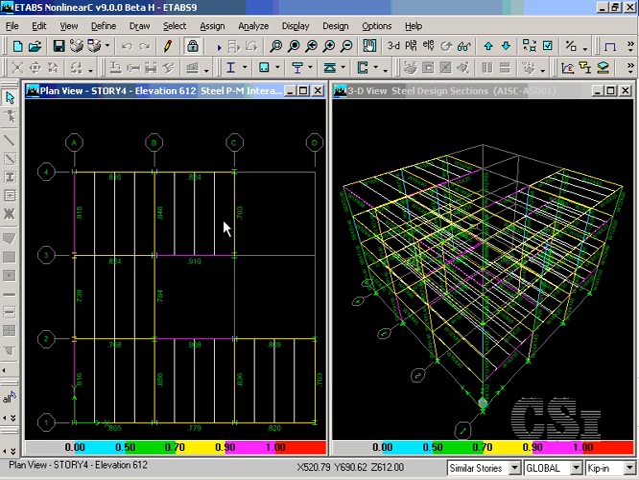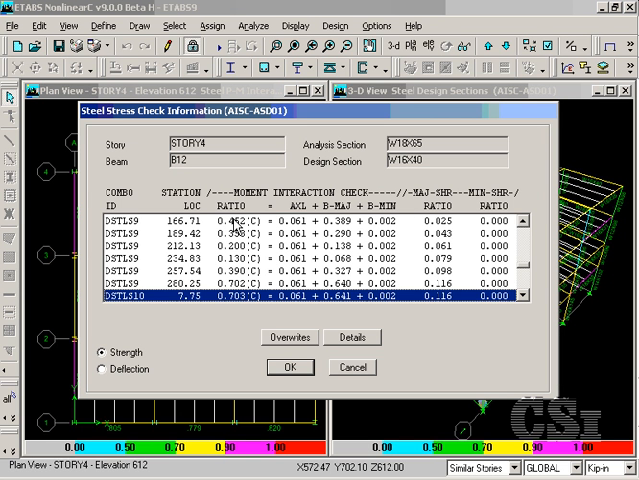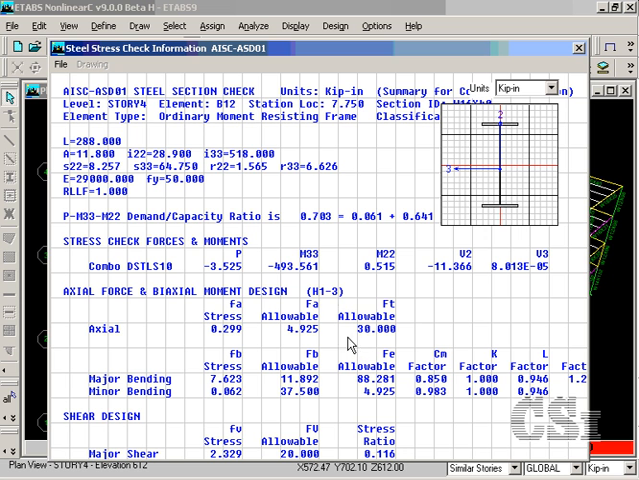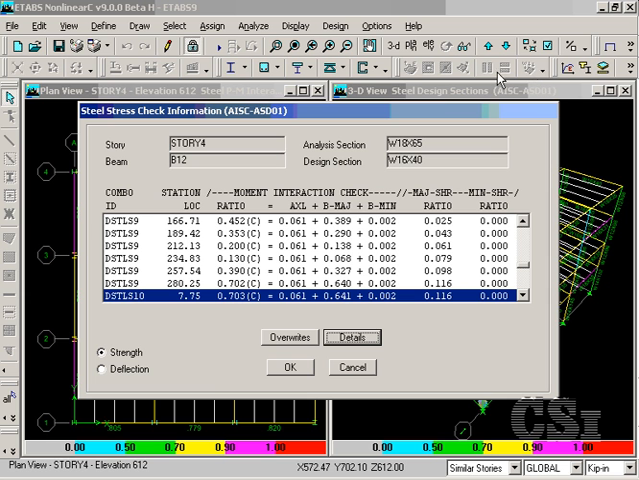In the plan view, right-click on a primary beam to bring up the steel stress check form. Note that the analysis and design sections are different. Also note that the program automatically generated code-specific design load combinations. Click on the Details button to bring up a detailed calculation sheet for this beam, which can be printed out. Close these forms